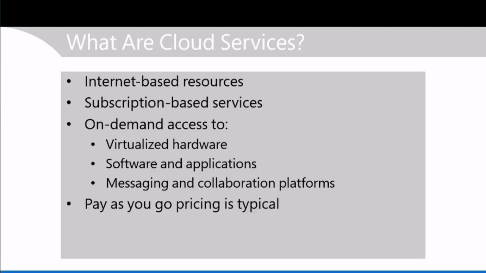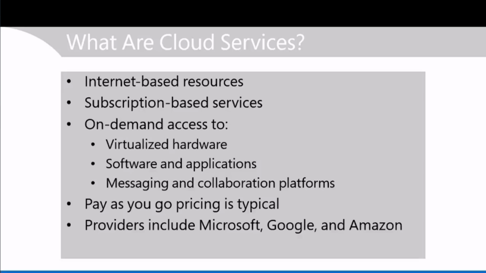So you'll understand that a particular user will incur a particular monthly charge for the services that they use. You might then add additional services to their particular subscription, and that will increase the monthly charge. You can shift licensing around between your users where that proves to be necessary. So you've got a great deal of flexibility in this pay-as-you-go approach. There are many providers. Obviously, we're going to be focusing on Microsoft here, but Google and Amazon and many other vendors also provide cloud services.